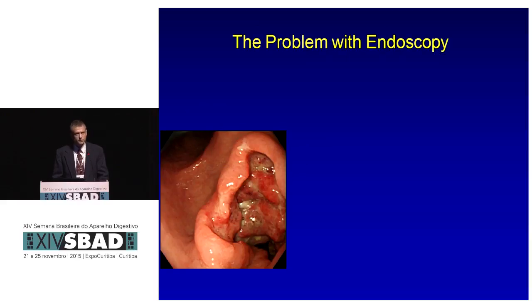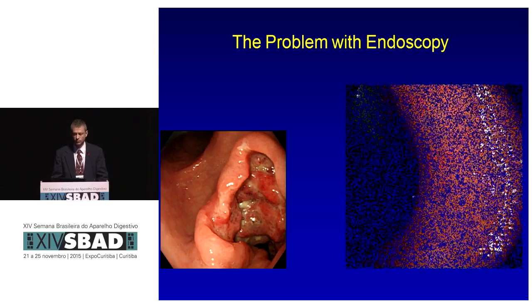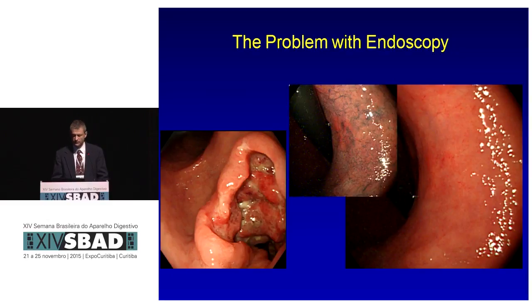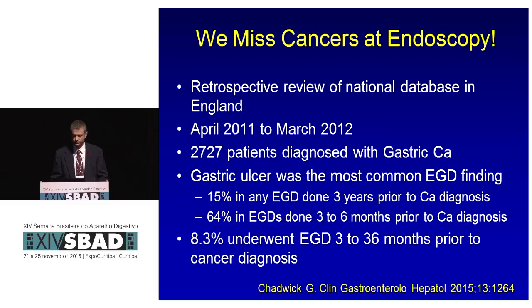The problem with endoscopy, though, is that actually we miss cancers. This cancer that you see here is very difficult to miss. Everybody will see that. But frequently we are dealing with a situation where the cancer is not so obvious, and you have to use a stain, in this case indigo carmine, for the lesion to become more obvious. Wow, I'm sorry, it projects really poorly on the big screen to appreciate the subtle differences. You have to take my word for it. There is an early cancer there on the lesser curve.